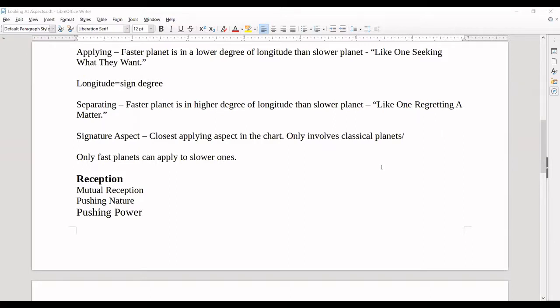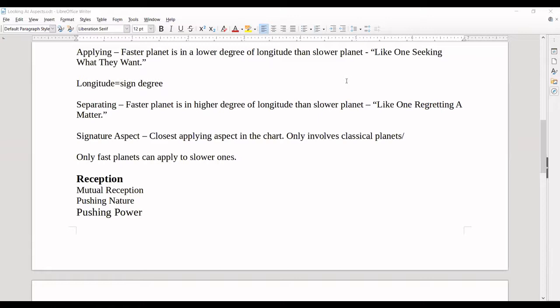One is 2, the other is -2. If it's less than 2, then that's the closest, right? So whichever is closest to the number. Okay, so let's say the slow planet is at 15 degrees and 7 minutes, and the other 2: one is at 13 degrees and 18 minutes, and one is at 13 degrees and 40 minutes. The one at 13 degrees and 40 minutes is the closest to the other planet at 15.